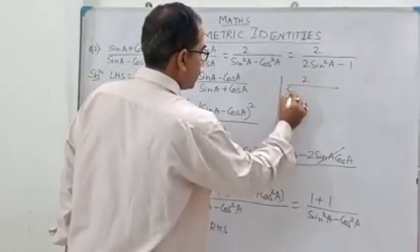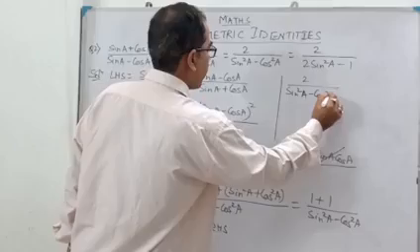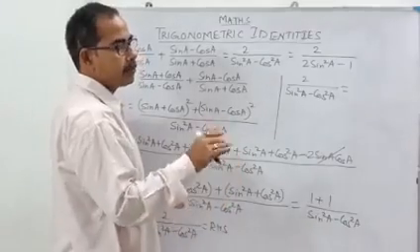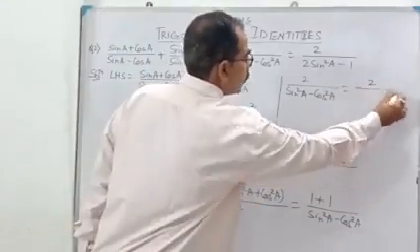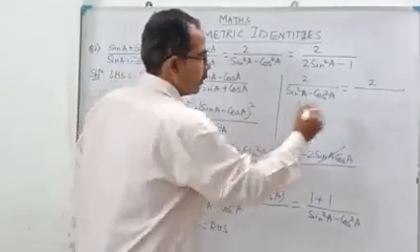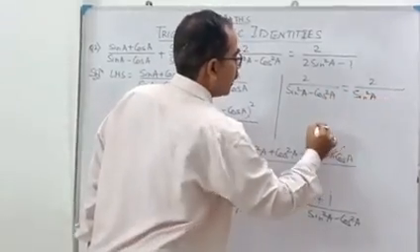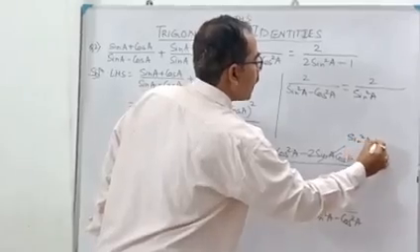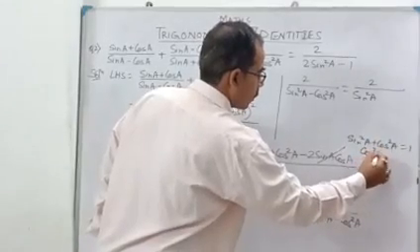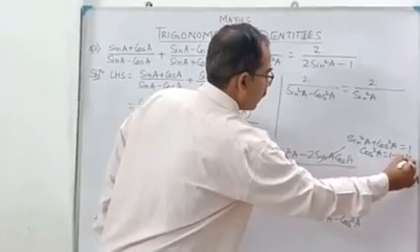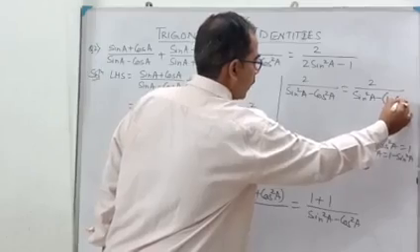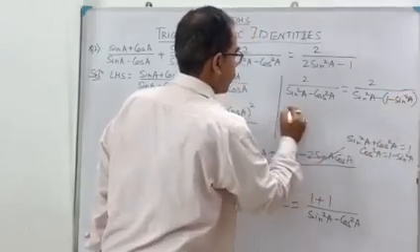2 by sin square A minus cos square A equal to, now here no cos is there. Correct? So anyhow we have to vanish cos. So how you can change cos square A, how you can write it actually in terms of sin square A. Look at here, we know very well that sin square A plus cos square A equal to 1. So from here also we can write cos square A equal to what? 1 minus sin square A. Yes or no? So just put over there minus 1 minus sin square A. So ultimately what you are getting?